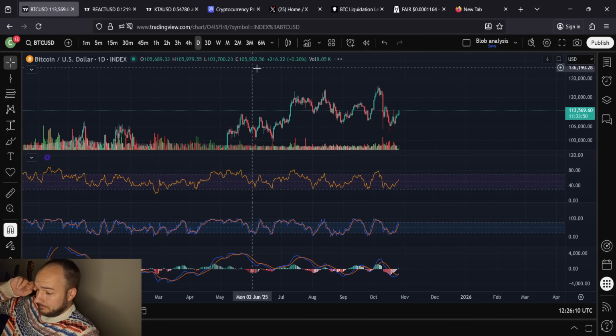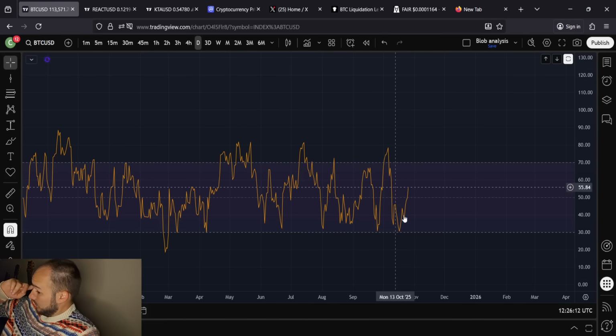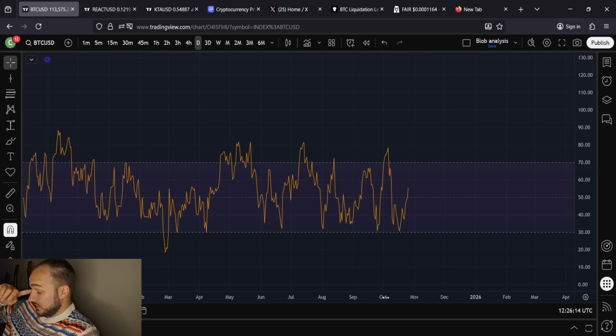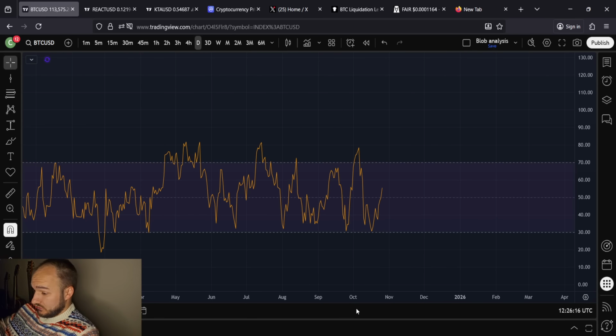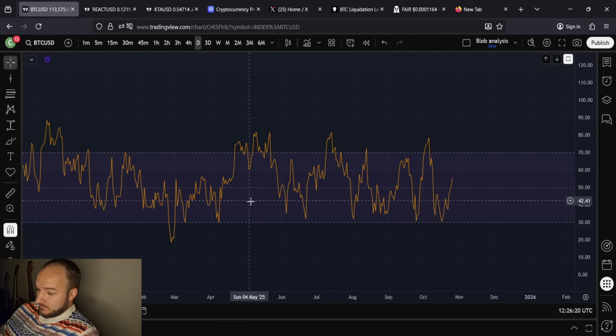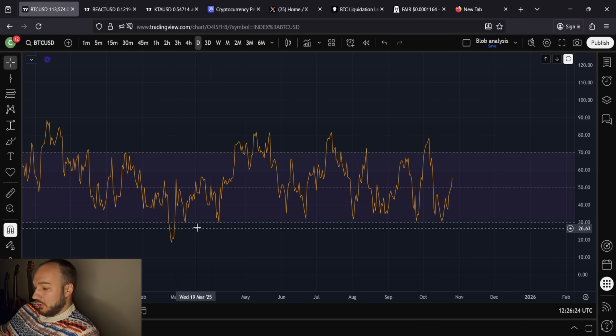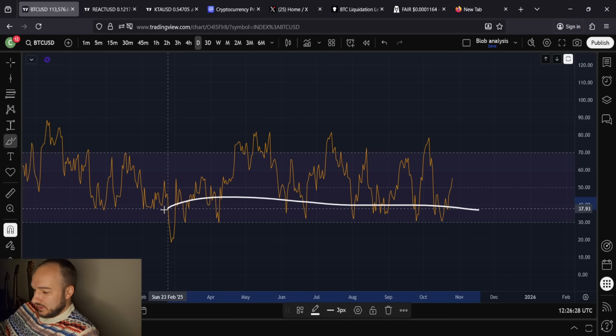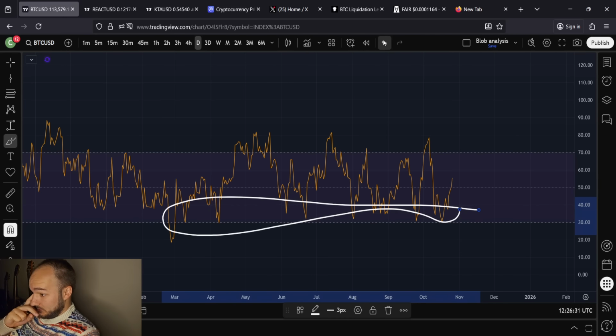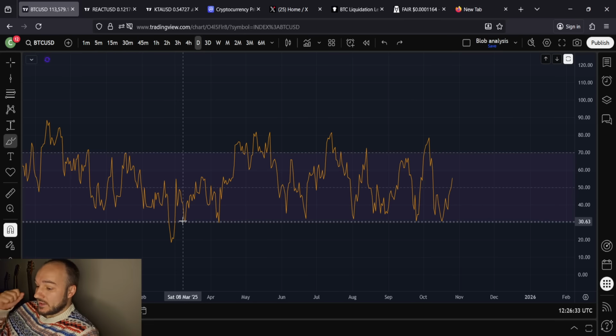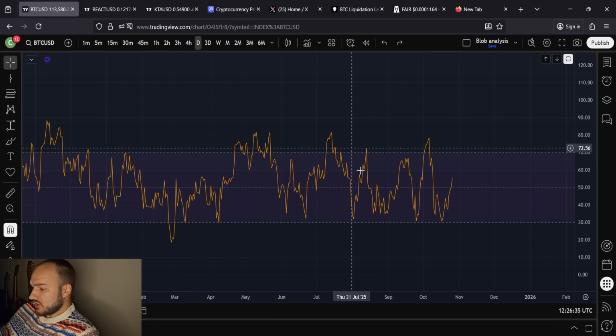Daily time frame. Bouncing off the oversold zone. Daily RSI looks immaculate. This thing really tells the story to begin with, right? Down here, we should have known that we were at the low because that's it in the RSI. You don't go lower than this. We haven't gone lower than this since February. All year, this area has held us up. Just look at how perfect it is. Literally, this whole zone, everything has been held up. Every single low we've had since March has been held up right here.